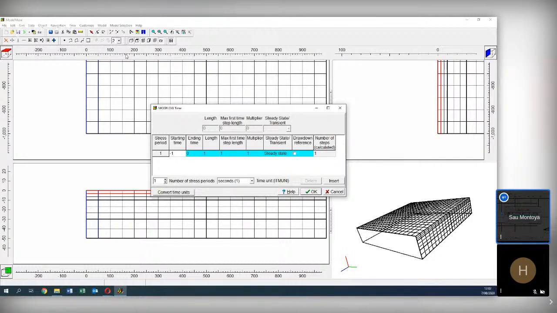By default, in ModFlow and Model Muse, you are working with a steady state. What is a steady state? A steady state is a groundwater flow regime where the head does not vary over time. Imagine that you have a basin and you have your piezometers, and the level in the piezometers does not vary over time. These are steady state conditions. Actually the groundwater is flowing, but there is no change over time in the flow conditions. This is steady state.